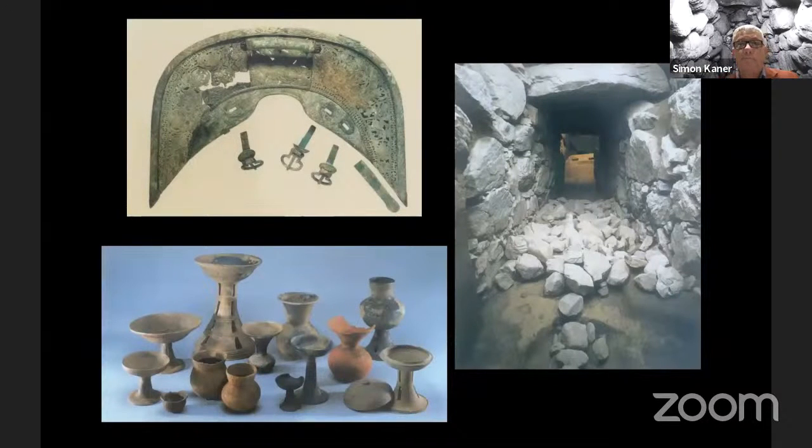Now, I just want to show you these slides because they give you an idea of the kind of material which comes out of these tombs when they haven't been previously opened and robbed. They tend to have a lot of wonderful gilt bronze metalworking, including a lot of horse material. This is a part of a saddle. And they also have large quantities of ceramics, especially this grey stoneware, which is called sueware, and these red